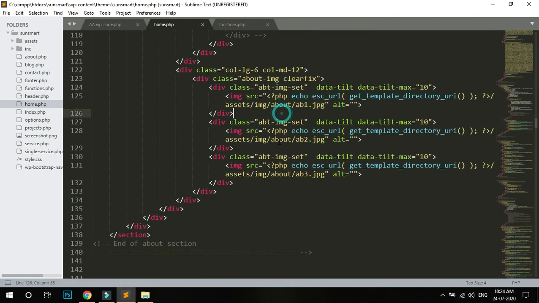Here there are also 3 images, but I don't add 3 images. I add only 1 image. That's why I didn't make this section dynamic. It's possible.